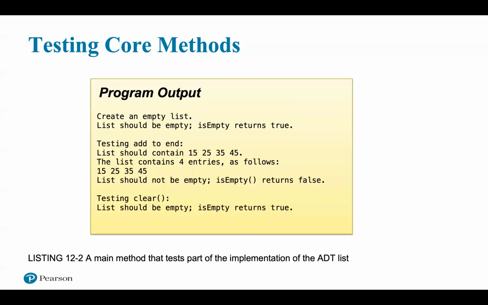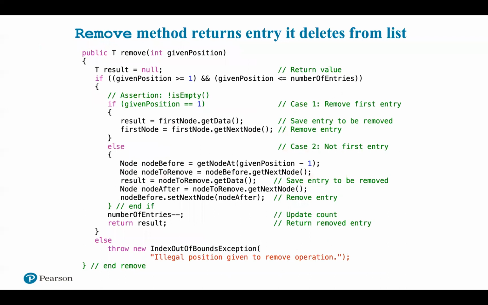Here we're just seeing the program output. Okay, let's continue the implementation. To complete the class LList, we now define the methods remove, replace, getEntry, and contains. For the method remove, to remove the first entry from the list, we execute the statement